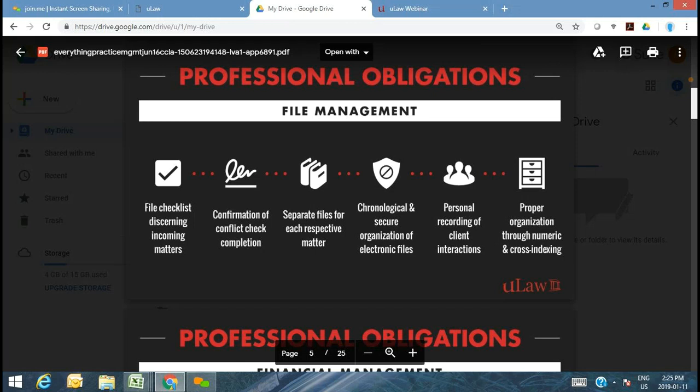Okay? Ensuring that these files are chronological and secure, especially when organized electronically. And why do you need that? A good majority of time in a legal firm is spent towards searching for information, file information being one of the top reasons for a lot of time being spent in a legal firm. So if it's not electronic, then obviously you're in the old school manila folders and paper. But with the advent of technology in today's context, you are seeing a lot of the 21st century legal professional using electronic means of not only communicating, but also storing information of data. So if you do that, keep in mind that